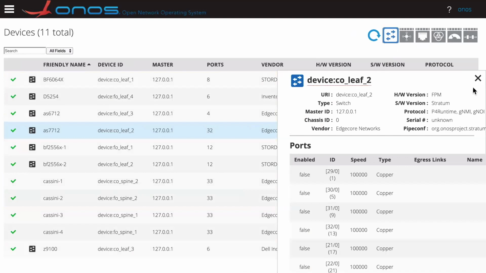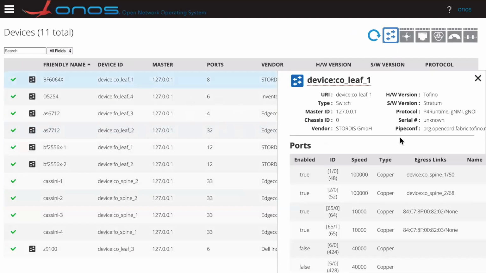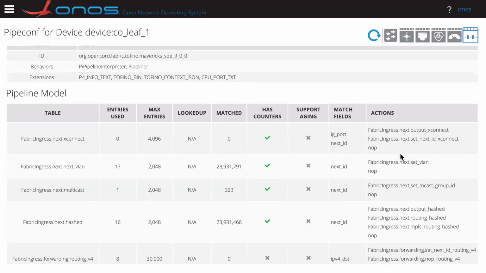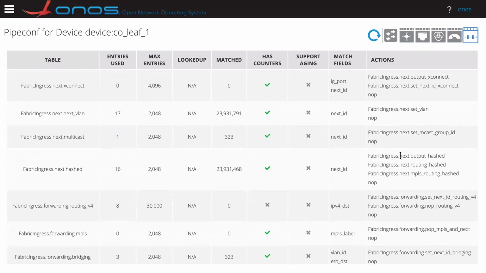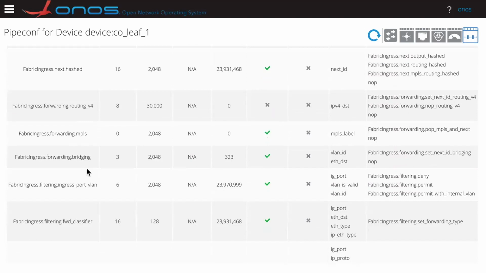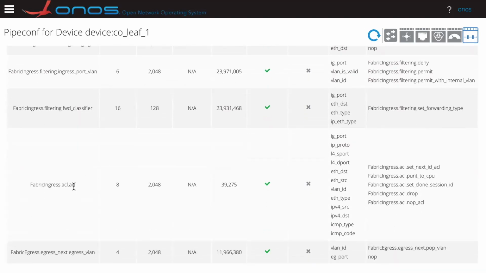Lastly, we can look at one of the Tofino devices in our topology. The pipeline for Tofino looks slightly different because the ASIC is slightly different, but the abstraction provided to ONOS is the same. Here we have a routing table, an MPLS table, a bridging table, as well as an ACL table, which is used to punt traffic from the switch up to the control plane for things like ARP and LLDP